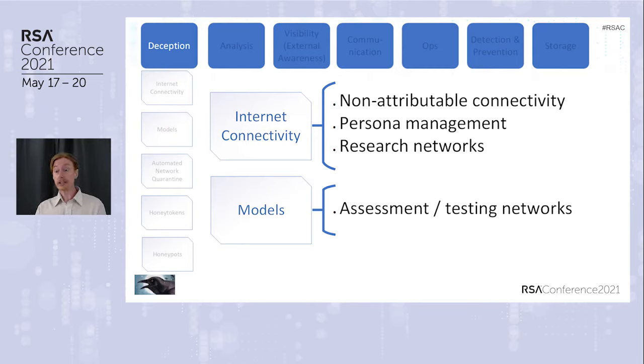Now, this might be associated with my business. And when I go to interact with an adversary controlled asset, I have a specific email address that I use in order to sign up for whatever, rather than my actual email address. Right? So these sorts of personas, if this is an email address that the attackers can't find anywhere online, they might not send the attack. So this is a part of deception: management of personas, having research networks to do this, and networks where we can actually do testing and modeling. Having a scale model of the internet is actually a good idea if you're doing advanced deception type work.